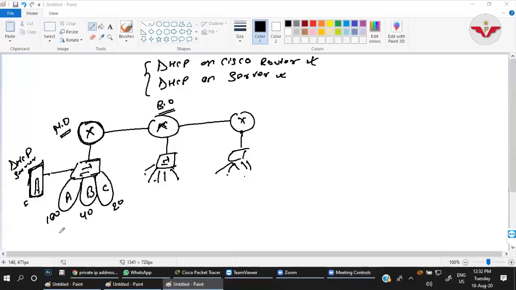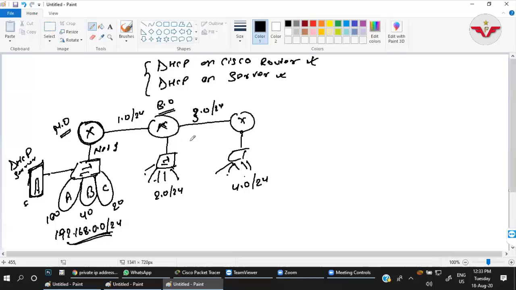Here I am going to use the 192.168.0.0/24 network. Here 1.0/24, here 2.0/24, here 3.0/24, and here 4.0/24. This network will be segmented into 3 subnetworks. So for this network, this is network 1, this is network 2, this is network 3.